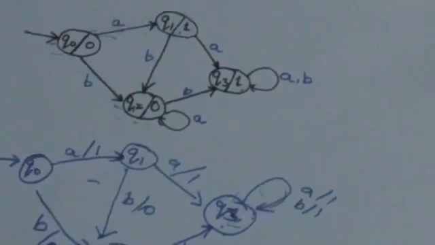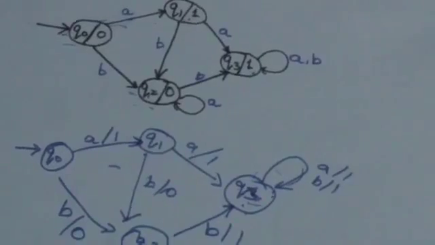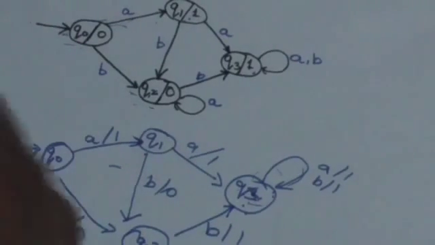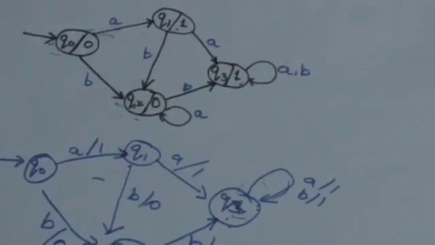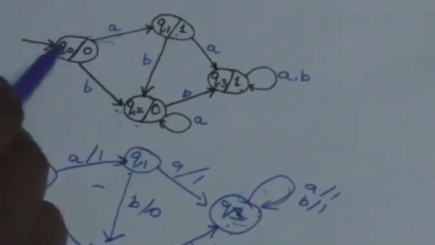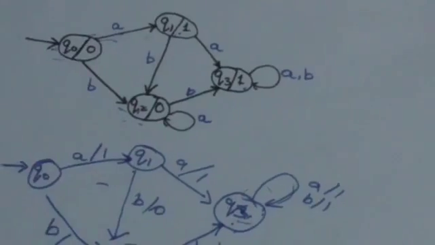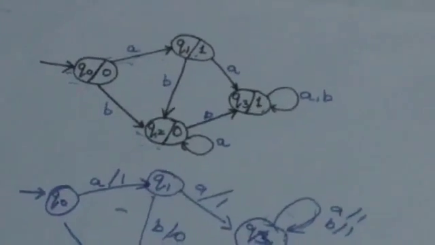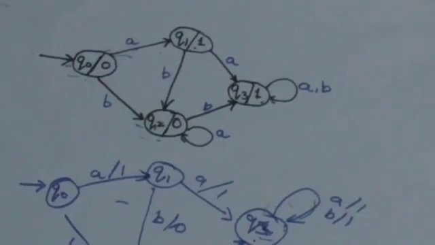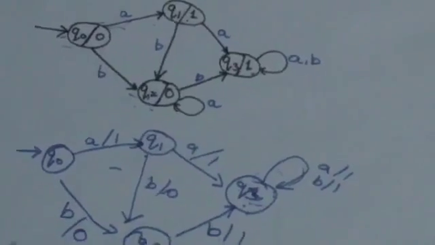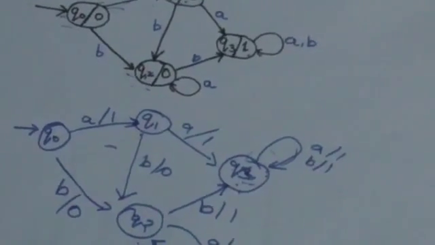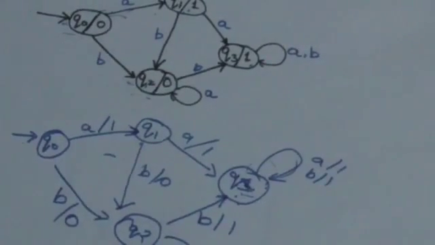So when we apply a string of input symbols on both these machines, then Moore machine will give one output symbol more than whatever symbols this Mealy machine gives, because